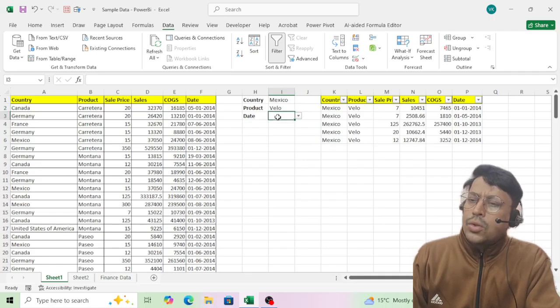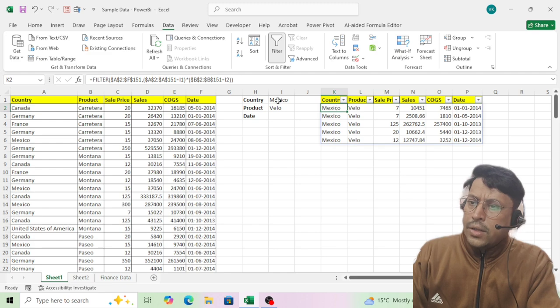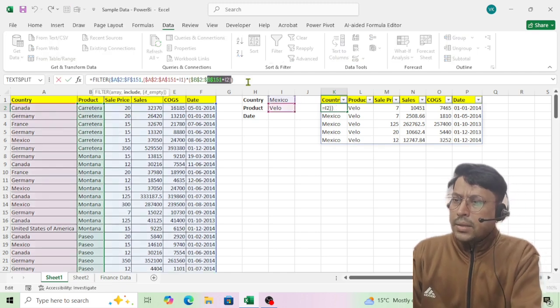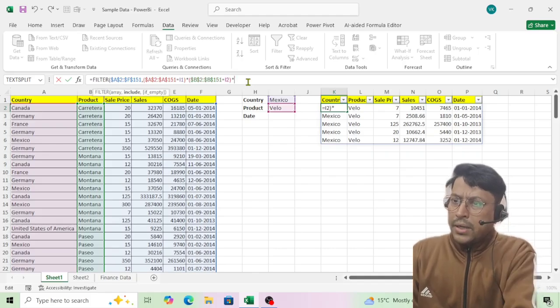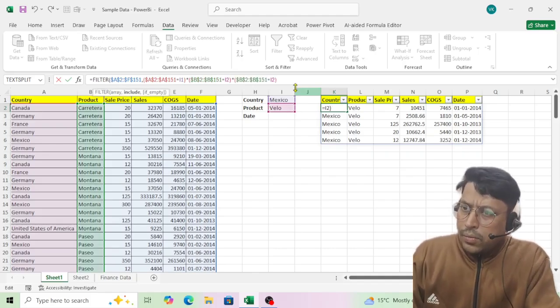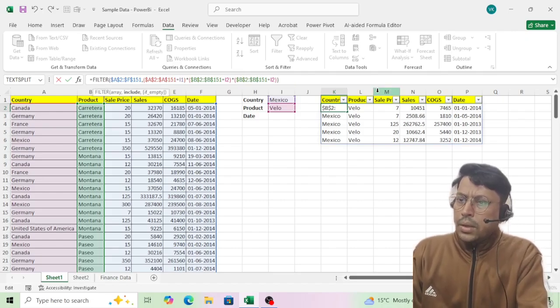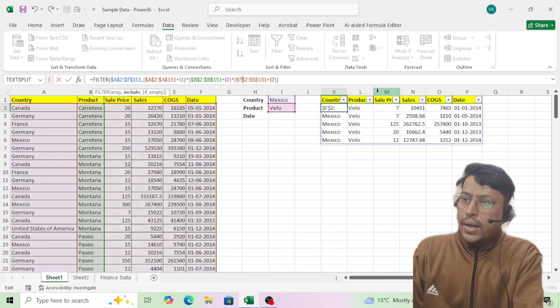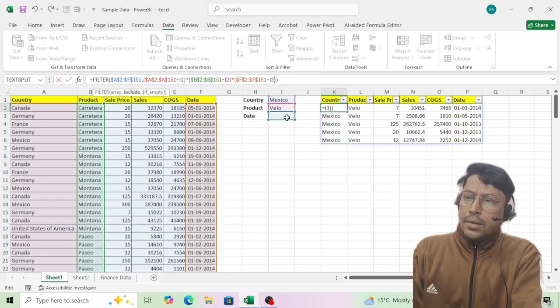Now you want to check with the date criteria as well. So what you do, just click here where the filter function is applied. Now select this include value again, copy, and then press the multiply function again, press Control V to paste, close the bracket once again and change column B to F. Why? Because the date is in F column, right? F column. Okay. And then choose I2 to I3 because the date is listed in I3, right?